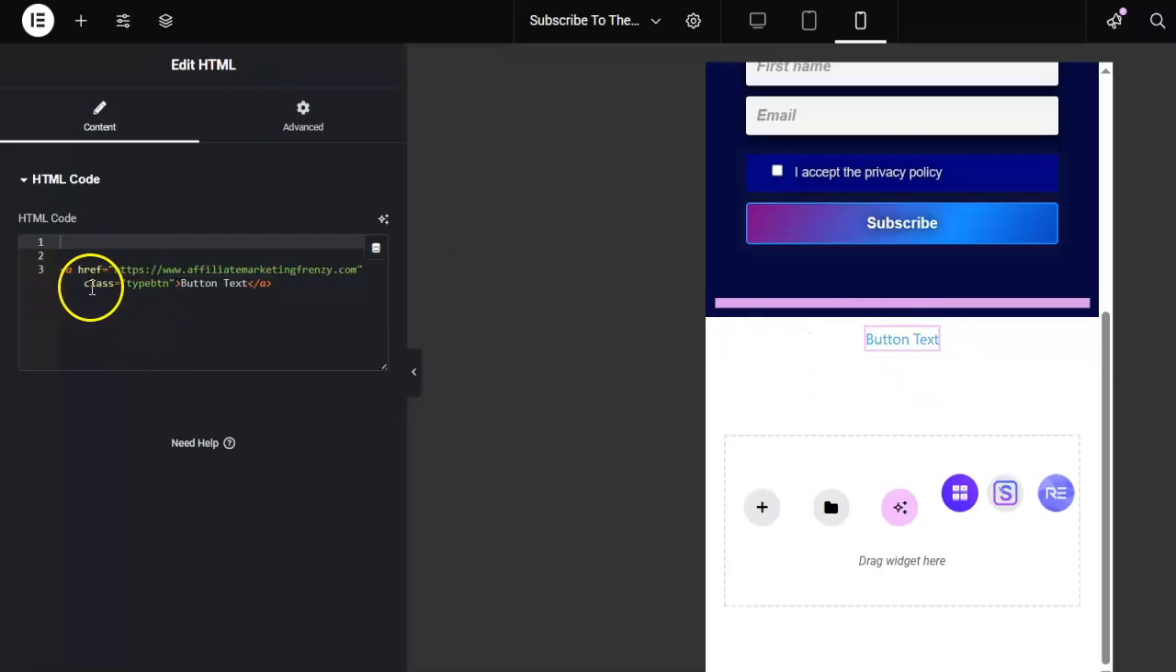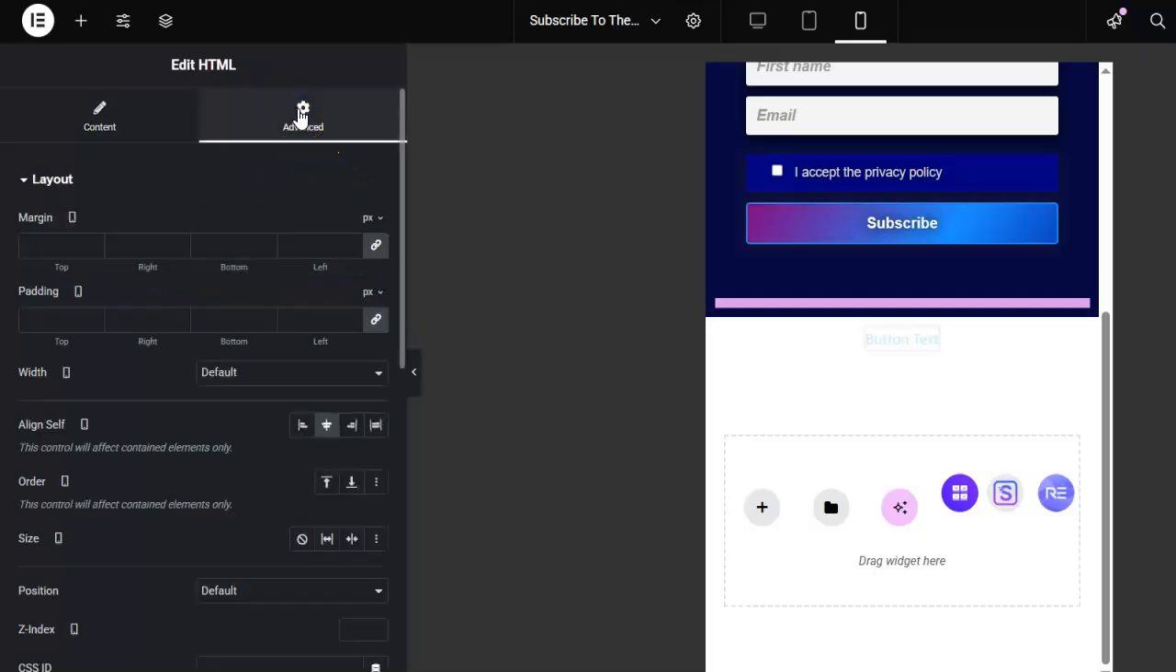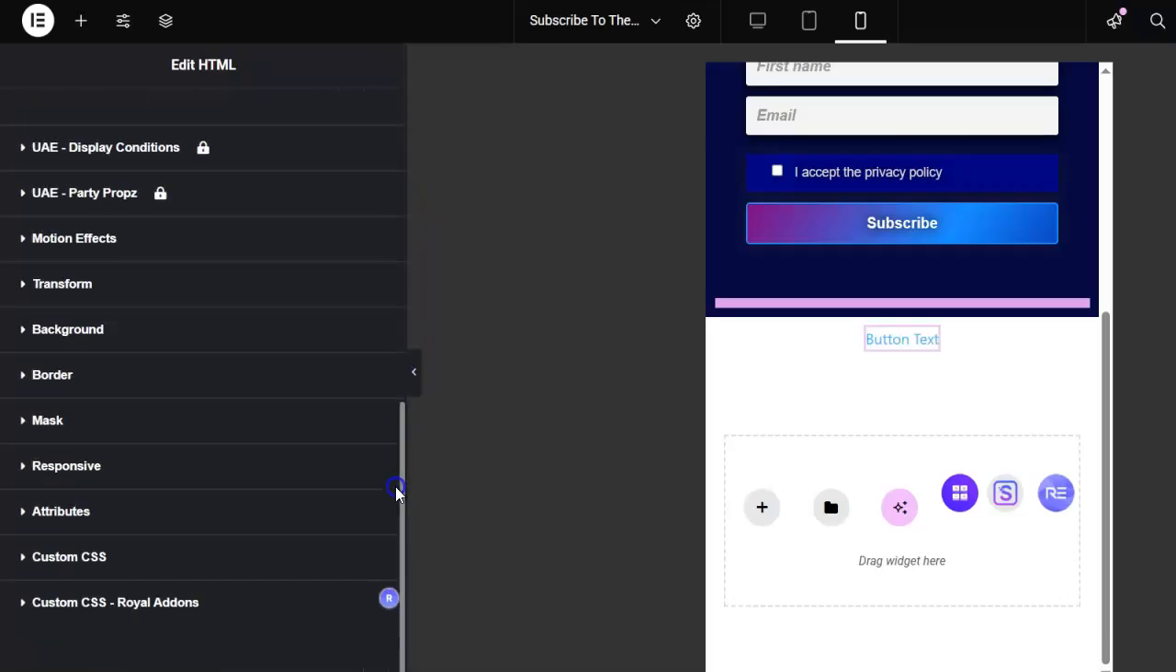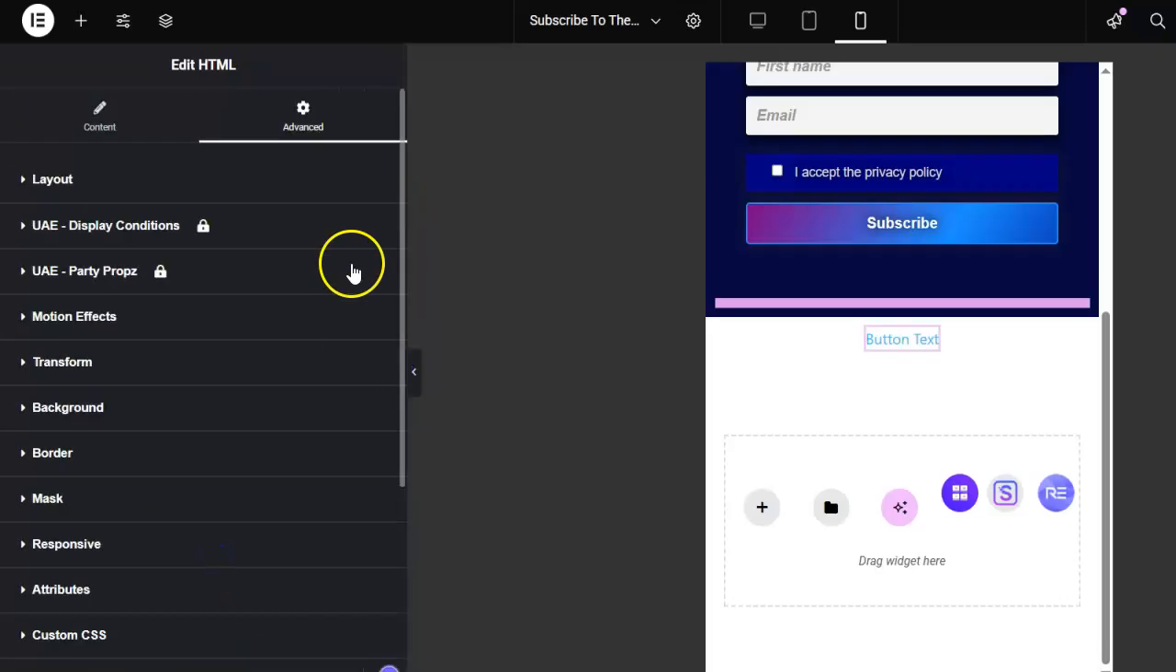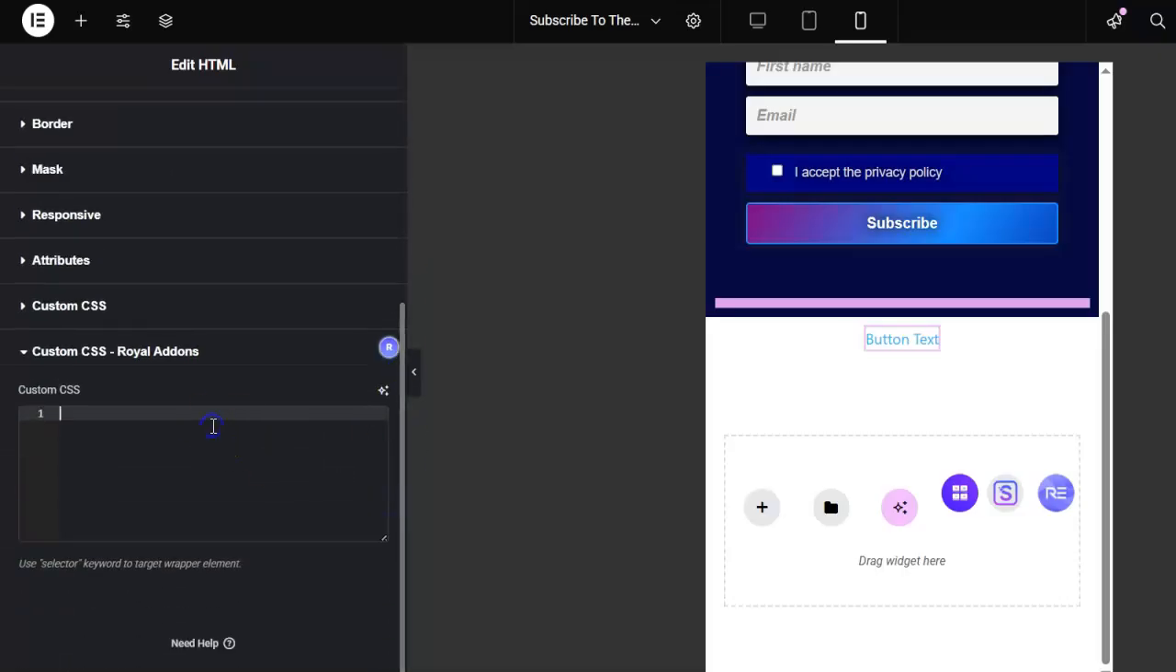Okay, I gave this a class. So I put type btn. So btn stands for button. And then type of button, I just put whatever type I want, or whatever class I want. So I'm just going to use that for now. And then I'm going to go to advanced, and then I'm going to go down here. And then I'm going to use the same class. I'm going to put a dot because it's a class type, btn button, and then I'm going to say